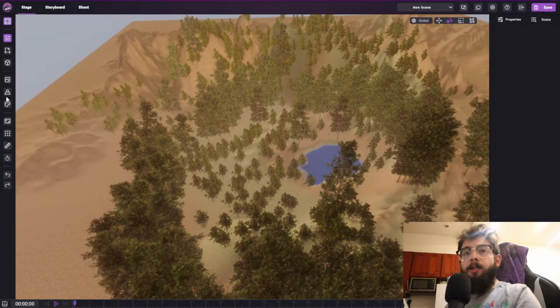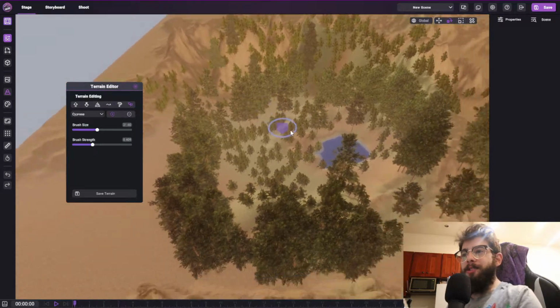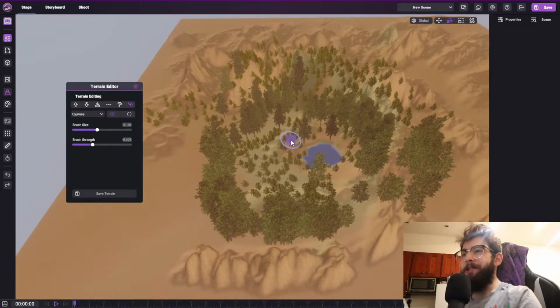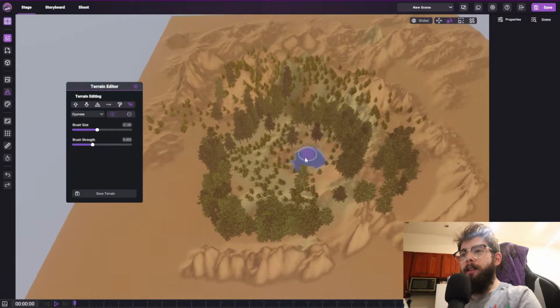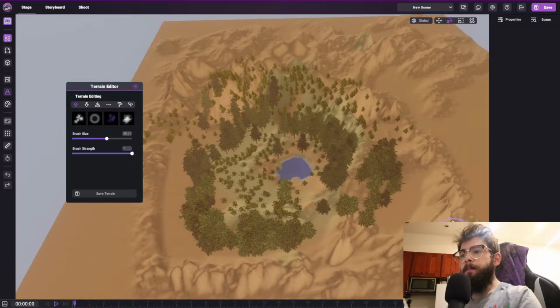So in this release you can use the terrain editor to now add and remove trees, which adds so much more realism to the way your scene actually looks. So I'm going to zoom all the way out here, and we can start by sculpting a little bit more. You can see I'm going to add some more hills over here, so you can see the way that works. And now we can use this new option on the far right of these edit modes to add